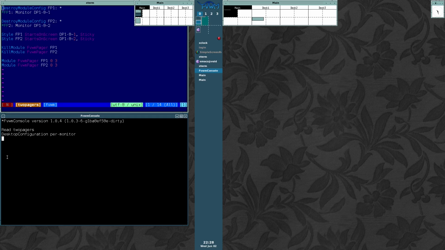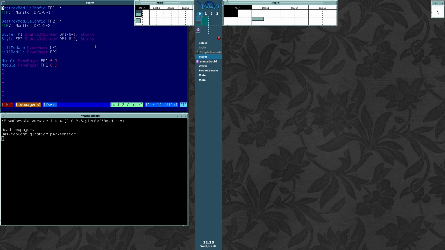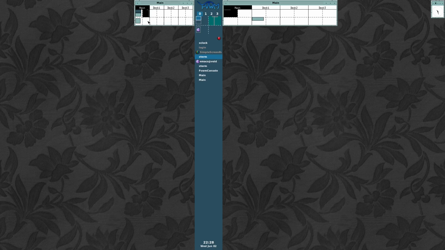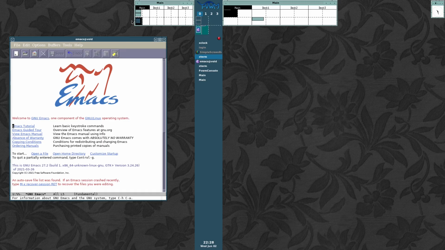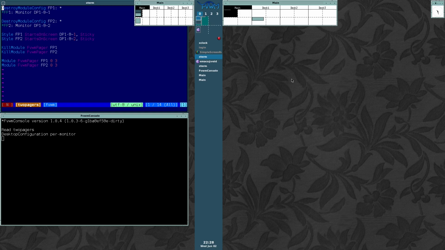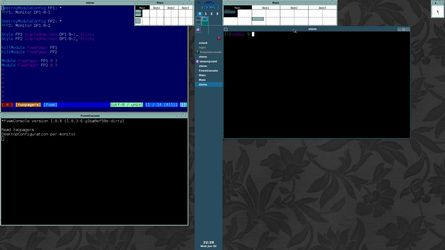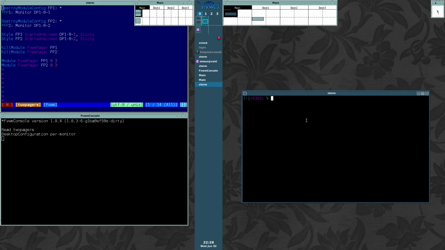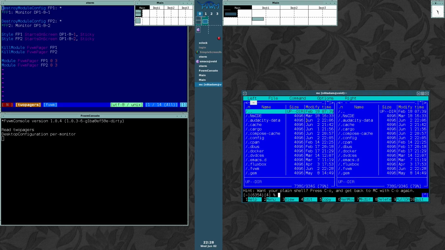So now, having typed that, nothing has changed, or at least visually, yes, but now these windows are acutely aware of which monitor they're attached to. So now as I click around, you'll note that nothing's changed here, but the view on this monitor here has. There's an Emacs window from before, and we're back again to our two xterms. So if I start up this xterm here and put Midnight Commander in it, for instance,